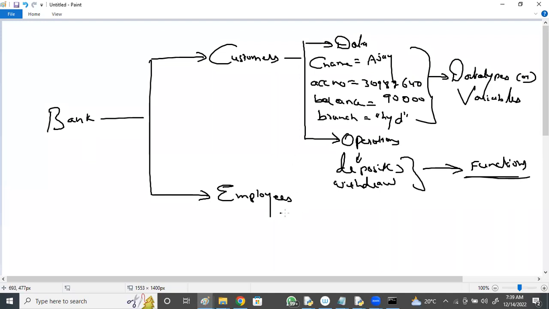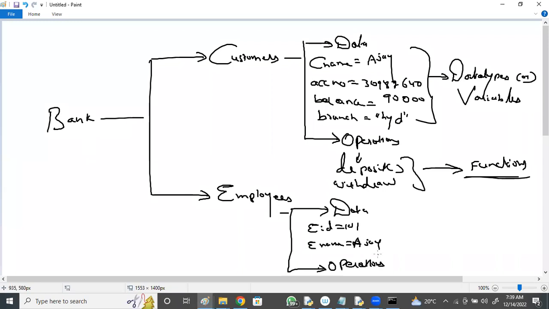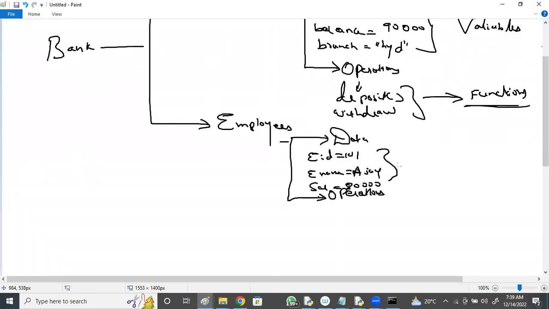Employees also have data and operations. Data like employee ID, employee name, some name Ajay, salary 80,000. So in this way, data is represented using data types.